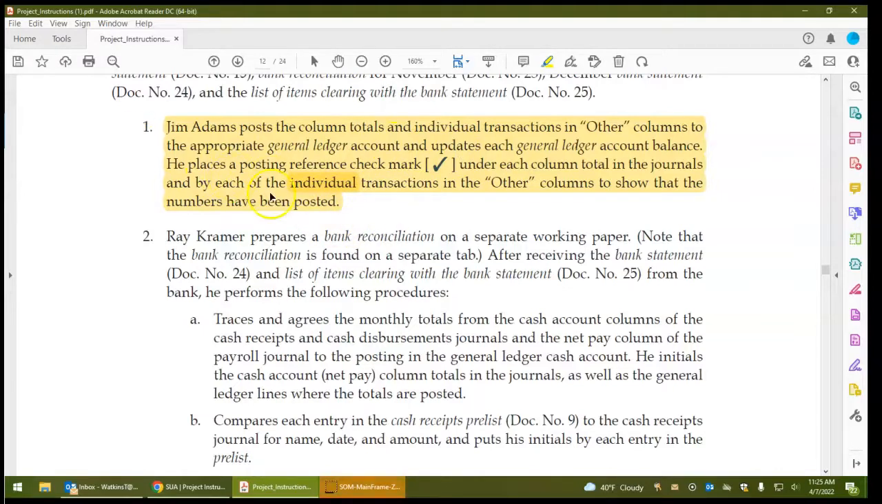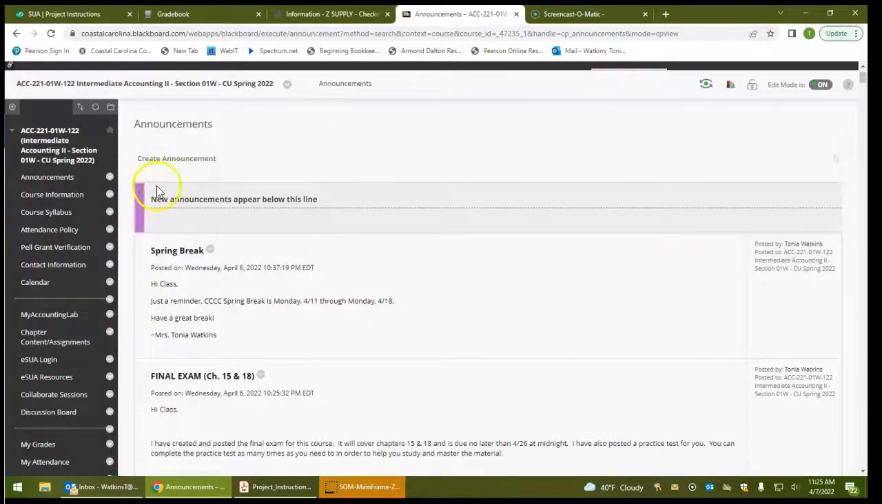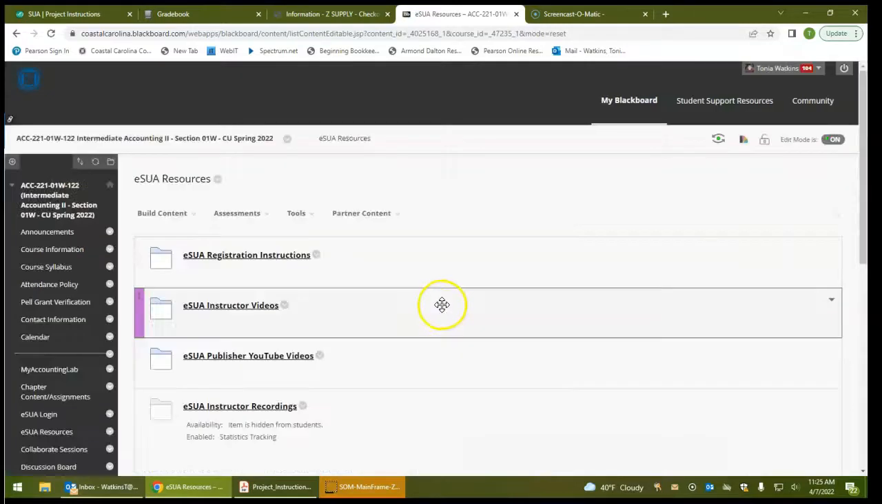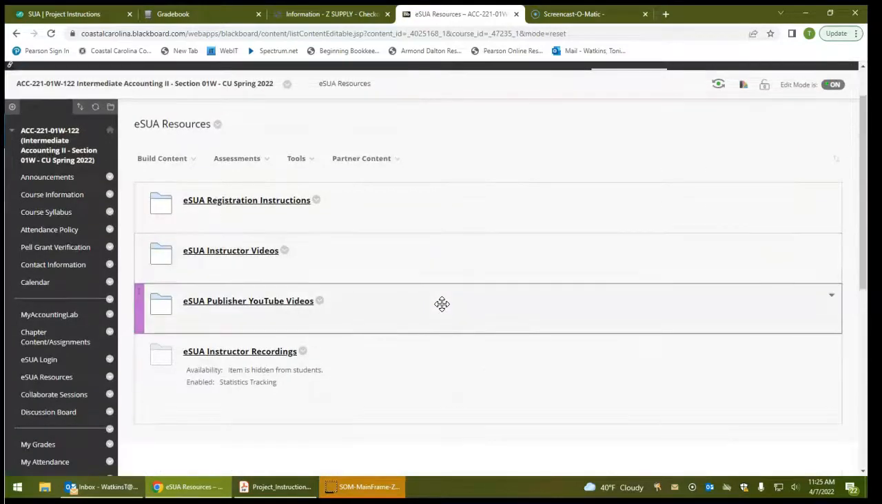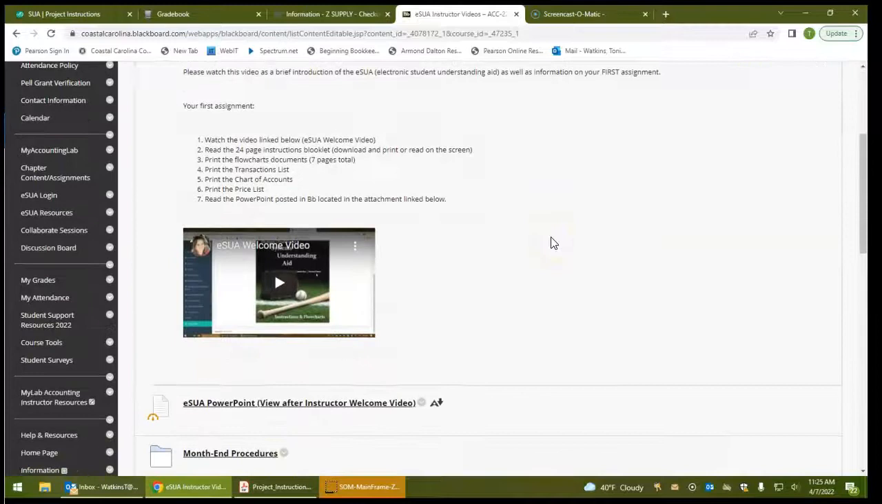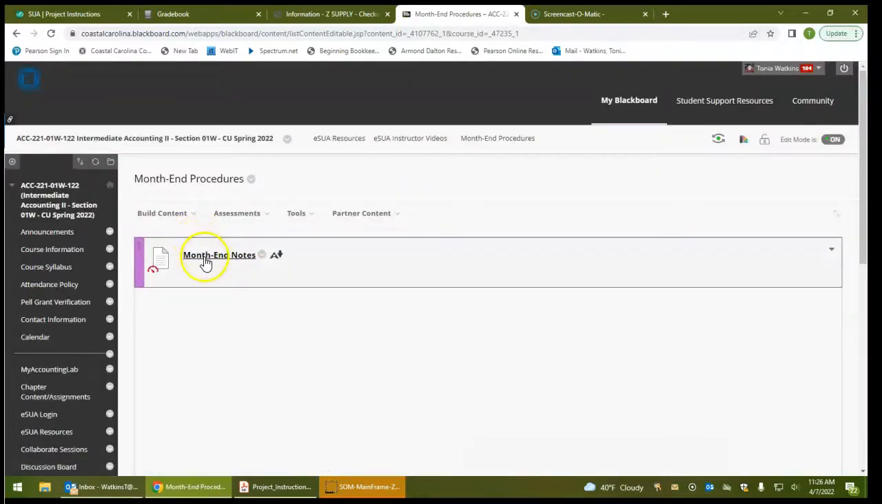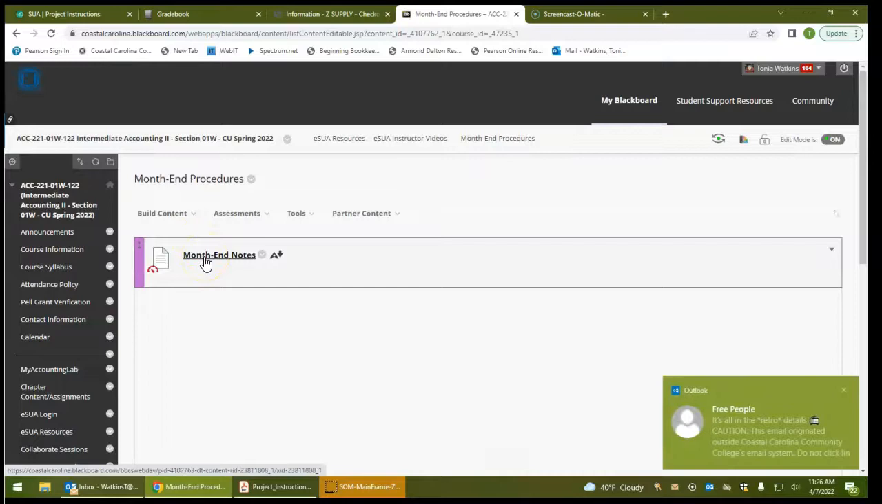So I've got this highlighted, and I'm going to minimize this now, and go into Blackboard. If you click on eSUA Resources in Blackboard, I've created a folder, let's see, go into eSUA Instructor Videos. I have labeled a folder called Month-End Procedures. If you click on that, there is a document called Month-End Notes. So I'm going to click on that,